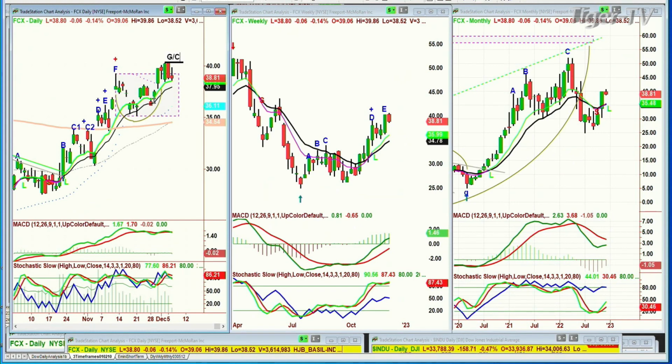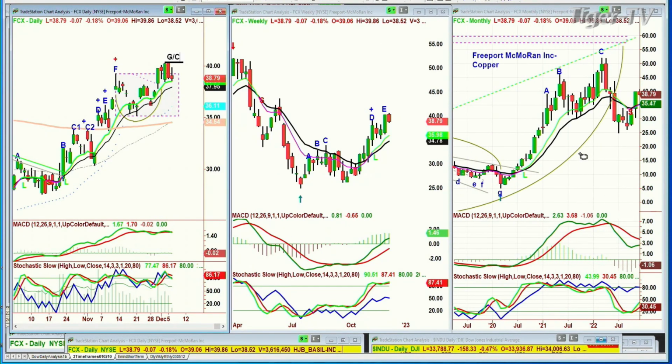Now, why do I do that? I'm going to type this in. I hope I'm wrong about this one, especially since it's copper. This is Freeport McMoran, copper and gold. This is a key stock in the whole sector. It's commodities, the whole thing to do with Freeport McMoran. But what's really important is that there's a potential, and now I didn't want to type it in before, but now I'm going to type it in. I'm going to put this right across here, like that. I'm not going to make a left side, right side price time match. Maybe I'll do that tomorrow. But what I am going to type in is